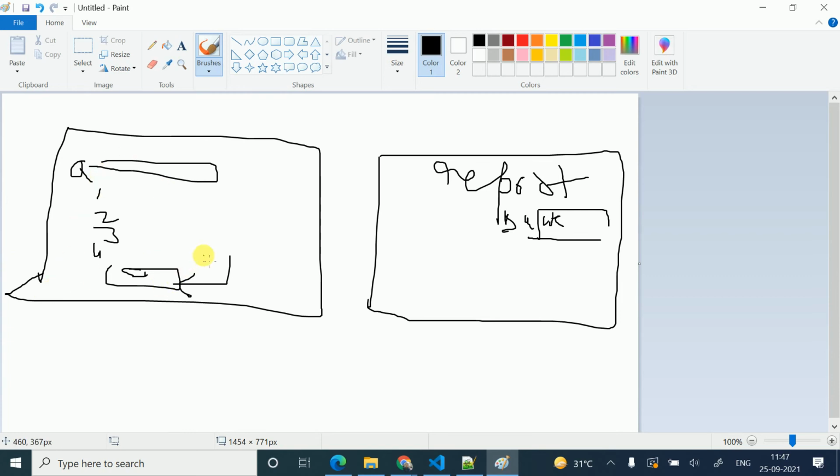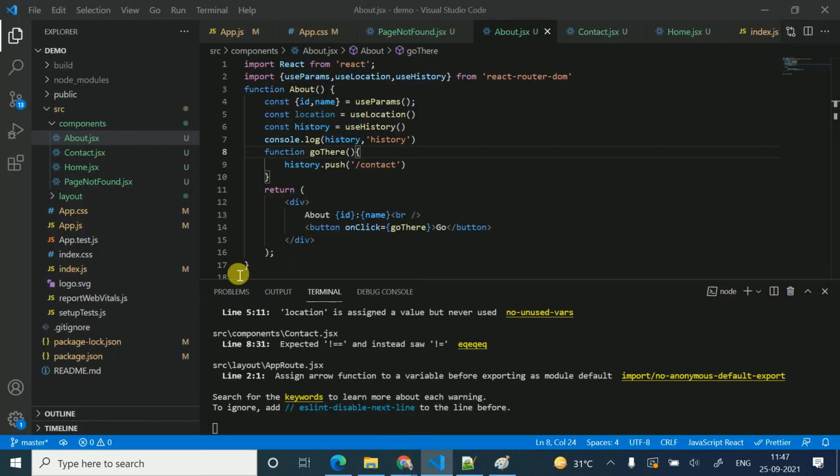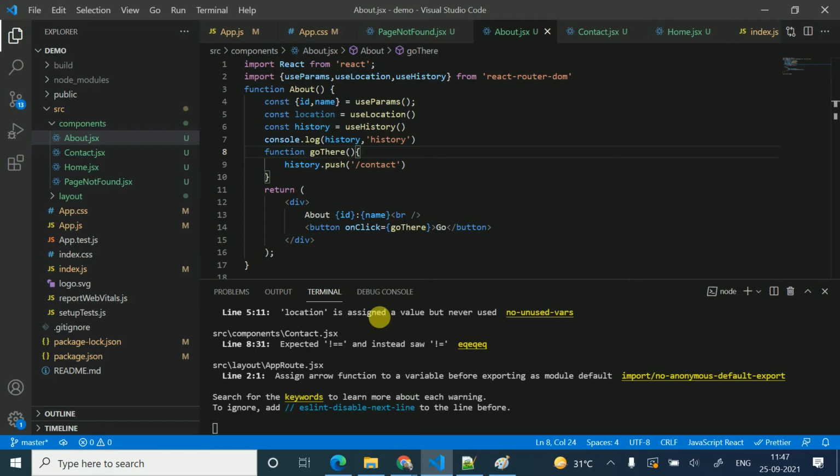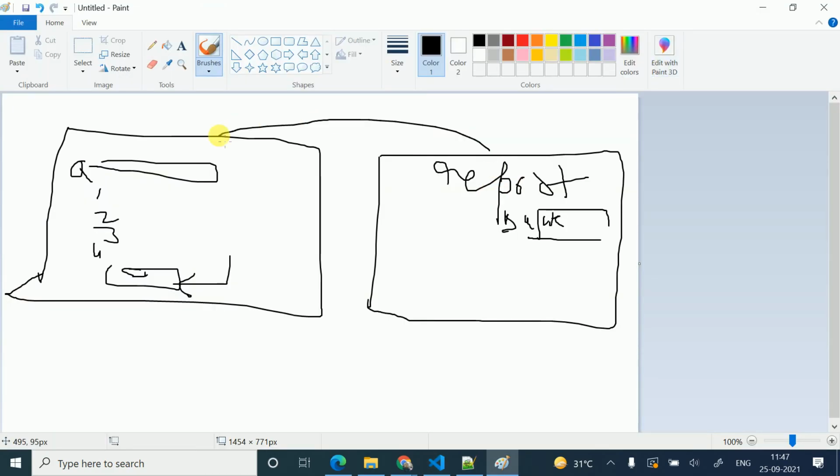When I submit my test, I go to the report. When I click on the back button, I'm using history.go back. In the case of push, it will just send me to this